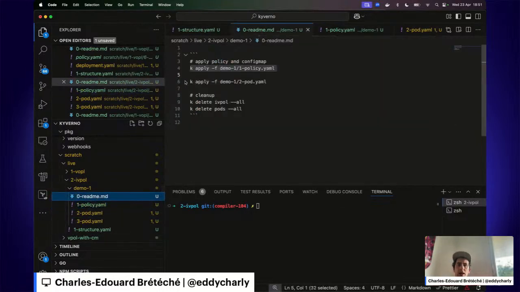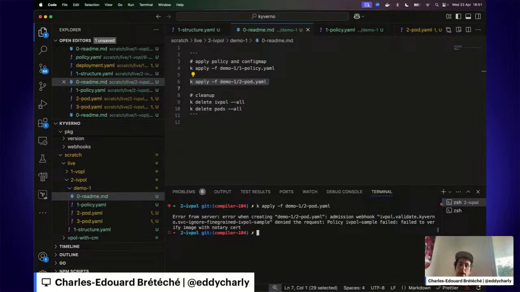So if we try to apply that, and we didn't hit the rate limit this time, the policy rejected the resource, and it tells us that the policy failed to verify the image with the notary certificate.